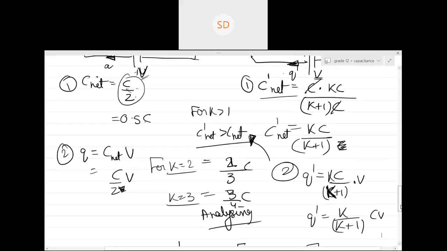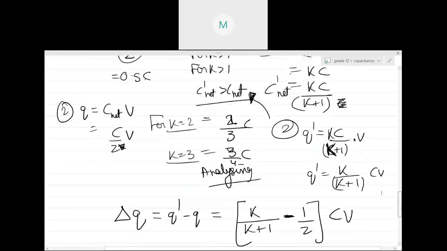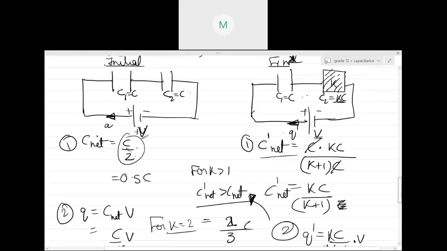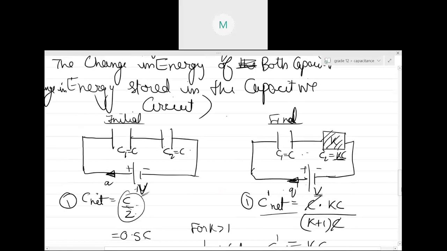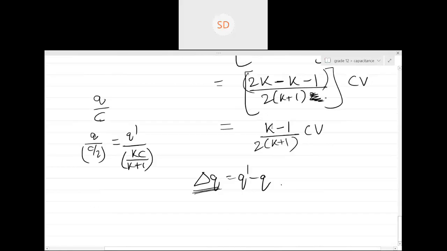Sir, in the options, will we get that option as well, like in terms of Q? No, they will just give you the final answer in terms of K, with options similar to this. So we'll get in terms of CV only. They may give in terms of Q, but they would define what exactly Q is. If initially the charge flowing through the battery was Q, then they may give in terms of Q. Always remember, they will give you only those variables which they will be defining in the question. So the answer should be in those variables only.